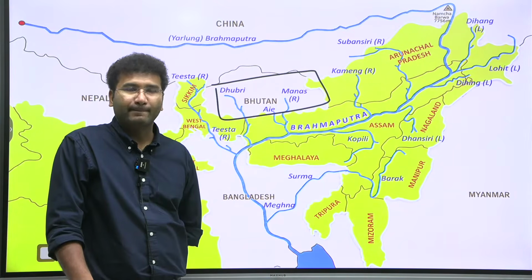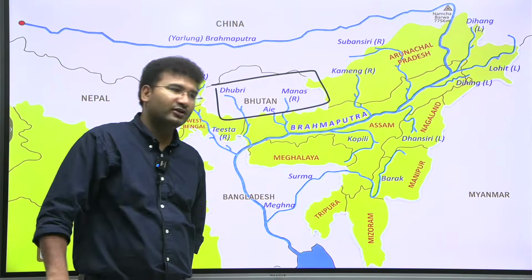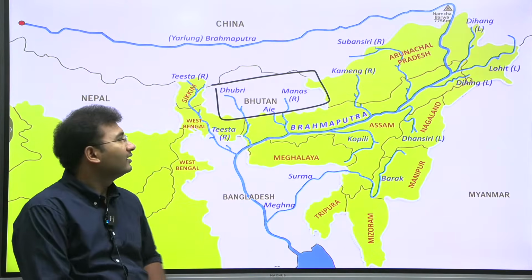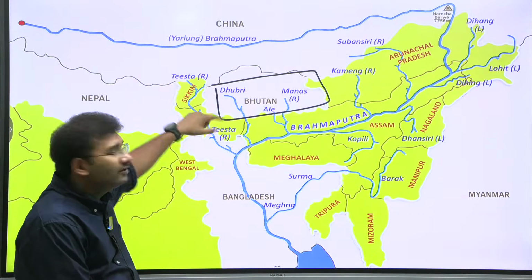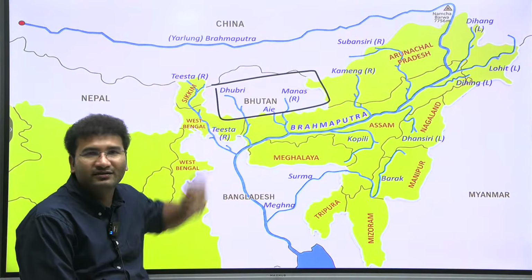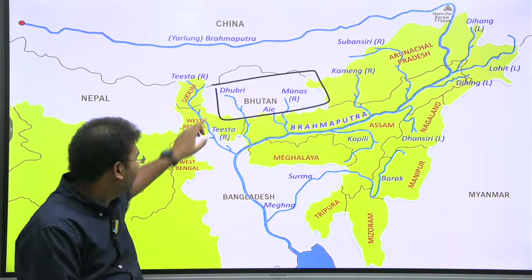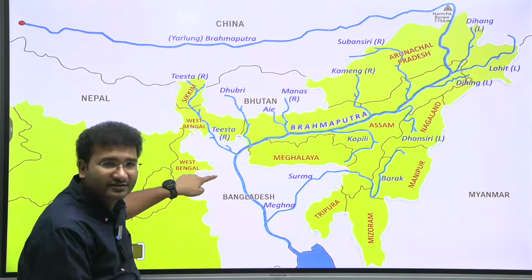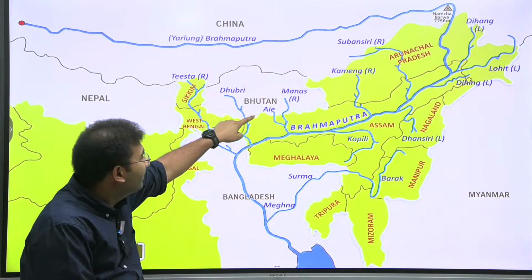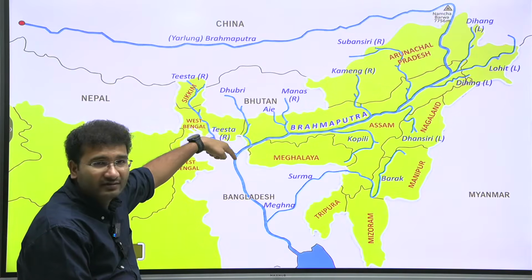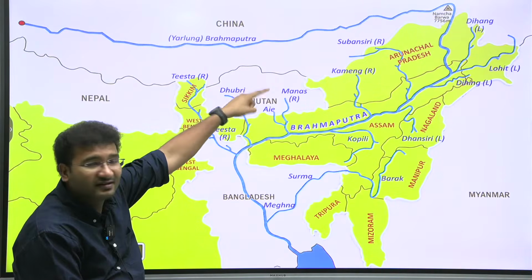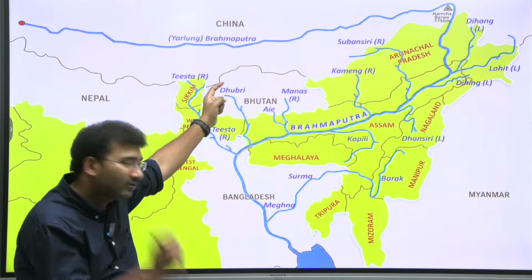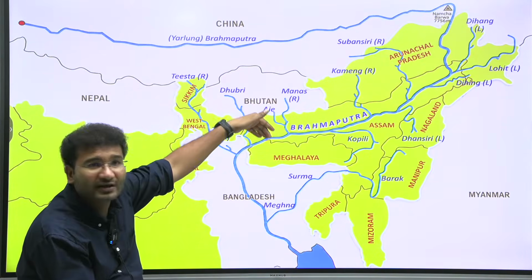The problem with Brahmaputra river is, it is the most voluminous river of India. Remember, Brahmaputra has the most volume in India, and the basin of Brahmaputra is very, very big. Problem is, majority of the rivers are internationally to be dealt. Look at this. Tista, Bangladesh. Then Manas and Dubri, Bhutan. Subansiri, Tibet. The main source, Brahmaputra, that is Dihang, Dibang or Yarlung Zangpo, they are also coming from Tibet.